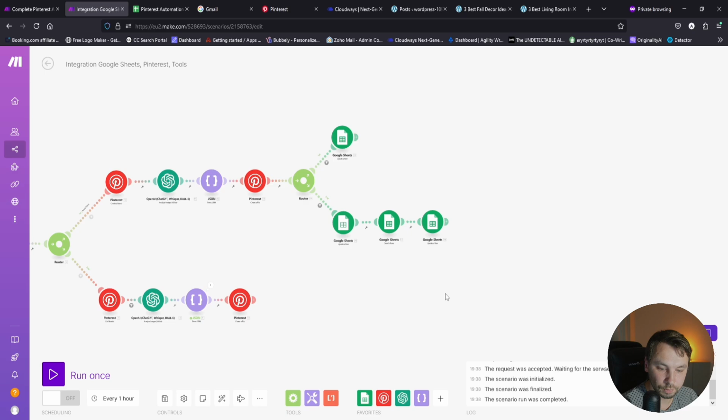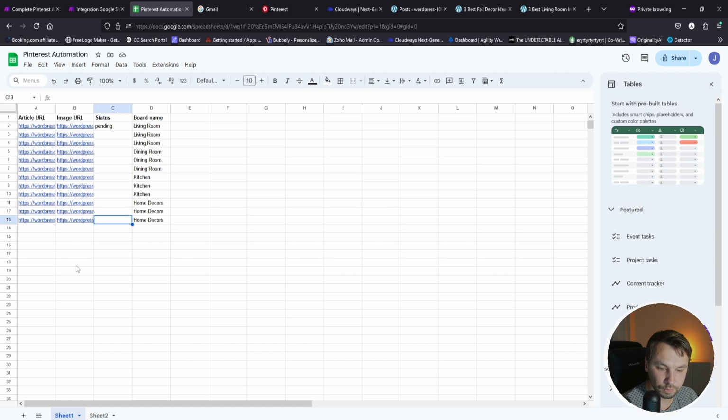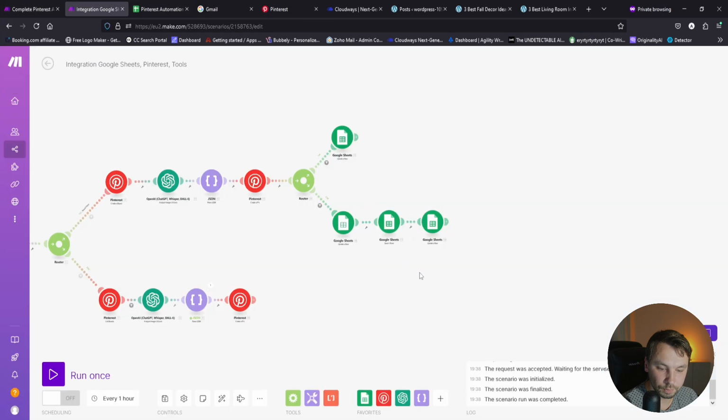Also, please remember that you can use any other inputs than I do in this sample. For example, you can get the images from your URL. You can have the images made by AI and include this image generation in this workflow. There are many possibilities. I'm just showing you how